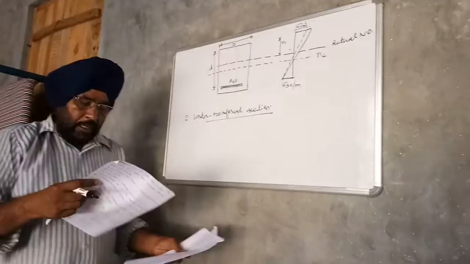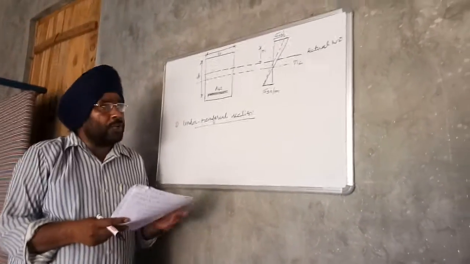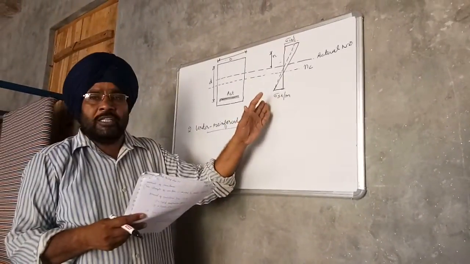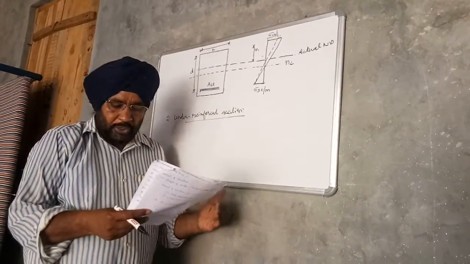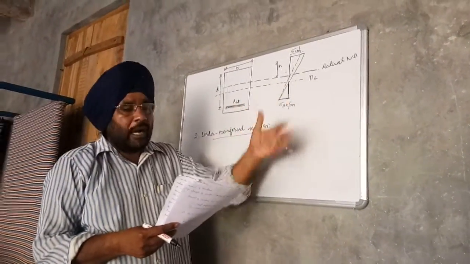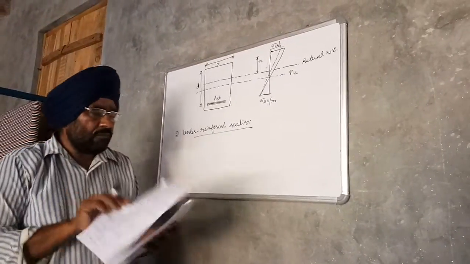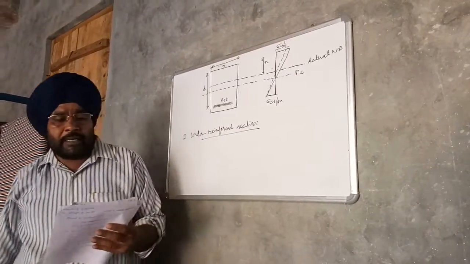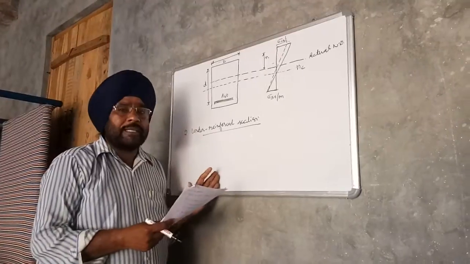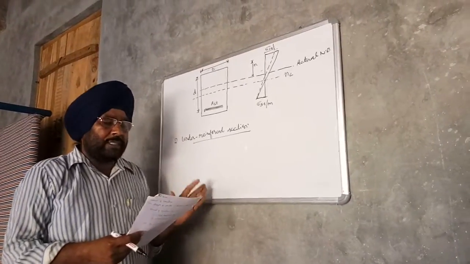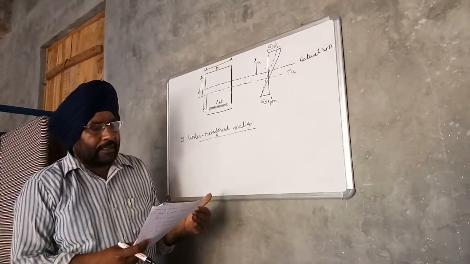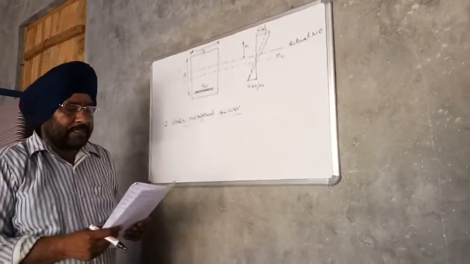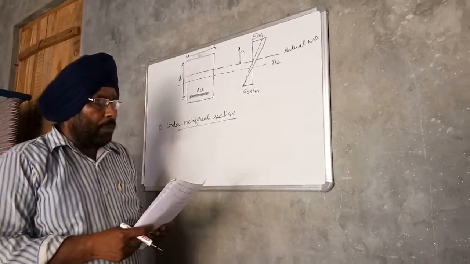In under reinforced section, steel is fully stressed and concrete is under stressed. So it means some concrete remains unutilized. So in under reinforced section, steel is weaker than concrete. Therefore stress in steel reaches its peak value earlier than concrete. So it means stress in steel will govern the moment of resistance.